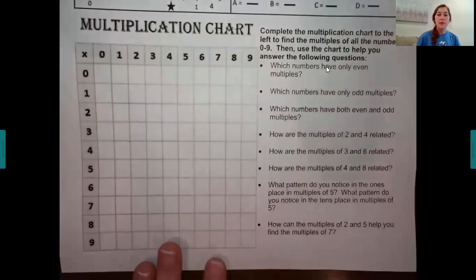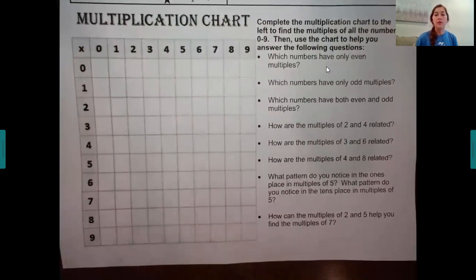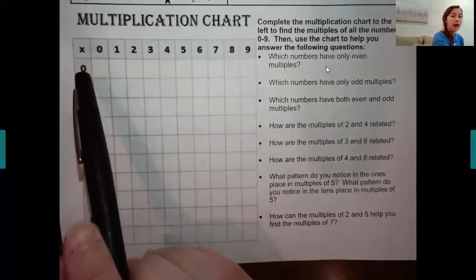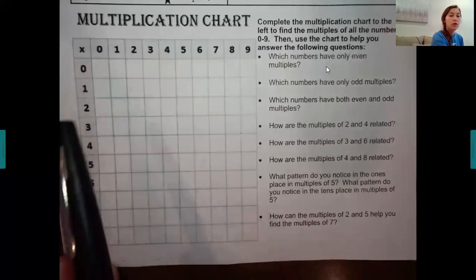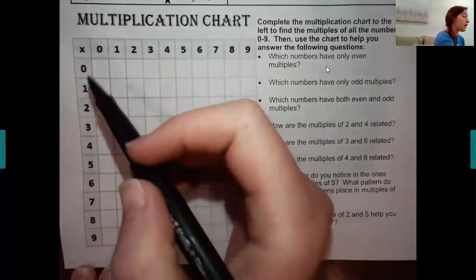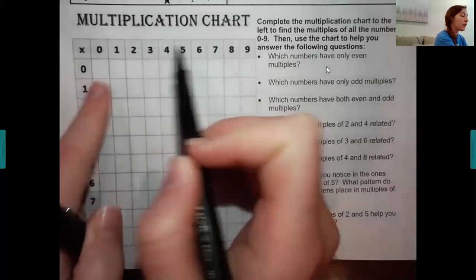So the directions say complete the multiplication chart to the left to find the multiples of all the numbers 0 through 9. Then use the chart to help you answer the following questions. So remember, a multiplication chart works by multiplying the rows by the columns. So it doesn't matter which one you start with. You can either start with the rows on the side or the columns on the top, and you just do